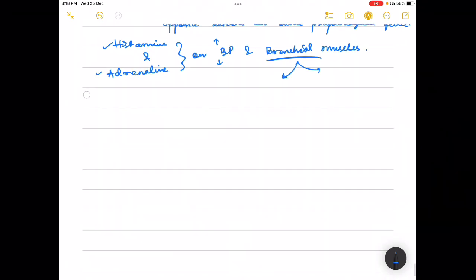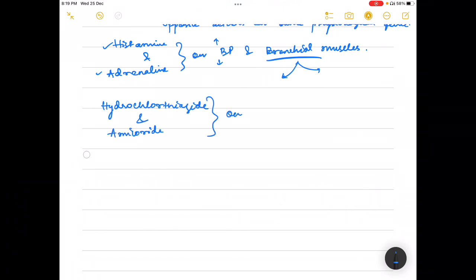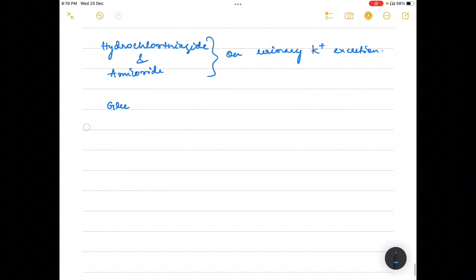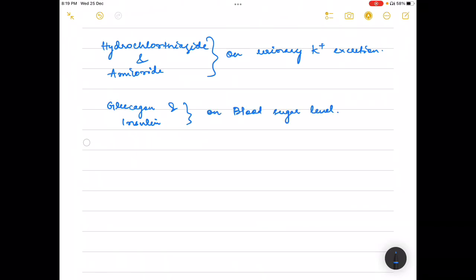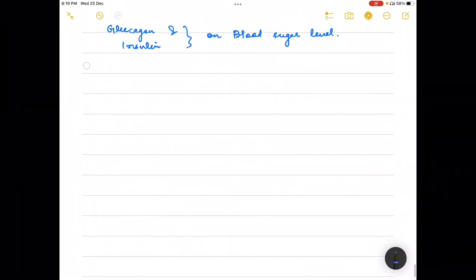Like this. Similarly, hydrochlorothiazide and amiloride on urinary potassium excretion. Similarly, glucagon and insulin on blood sugar level. Okay. And the last one is